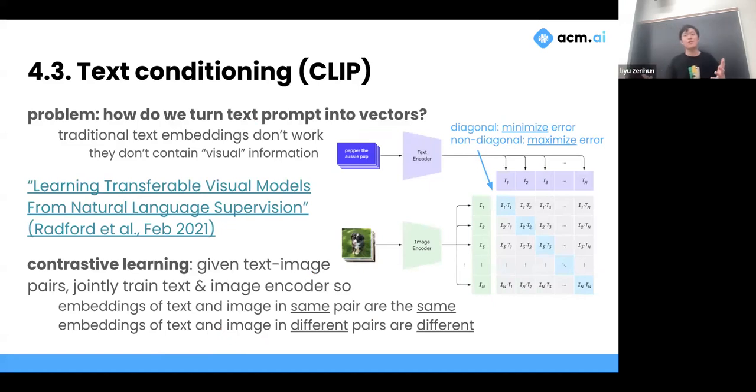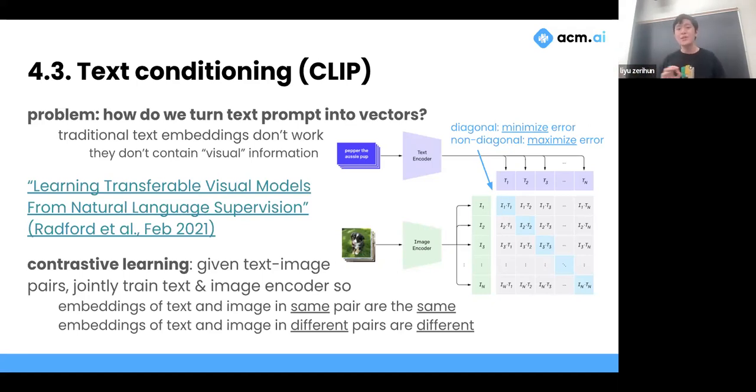We have very established solutions to that in the natural language processing space. We can let a model predict what the next word is, or we mask random words off and predict what those words are, and now we have a word embedding, right? But the issue is traditional text embeddings don't work because they don't contain visual information. You're only training on text data. Why would you expect that this text information is going to work for a model? So this is where CLIP comes in.